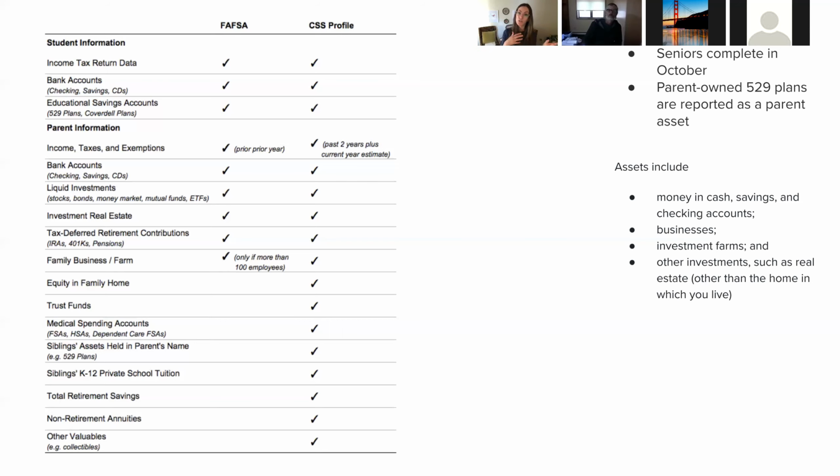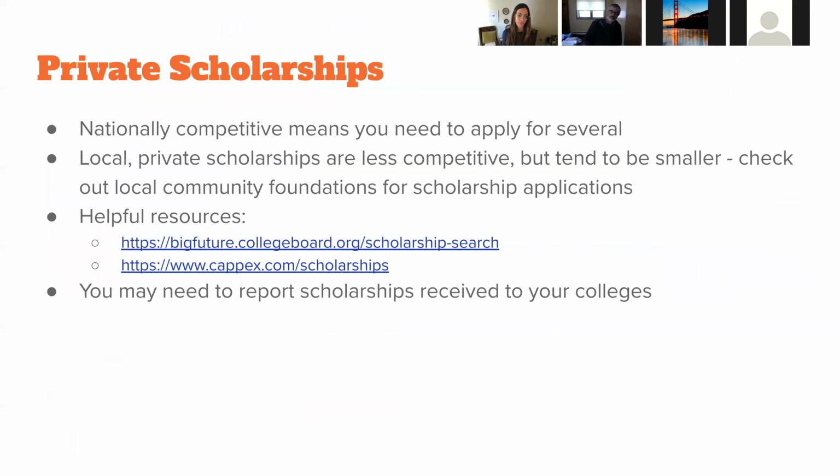Typically, it's the opposite. You don't want a lot in a student's name because when colleges see that, they see it as one-to-one. Every dollar in a student's name, like in a savings account, is sort of expected to go towards their college education, whereas for you, it's a percentage because you have a family to take care of and a household to run. So definitely talk to an accountant or a financial advisor about that, especially if you have a trust fund. That's a big one. I would definitely work that out right now, and how that's going to be reported, and who's a beneficiary of that account or that fund.